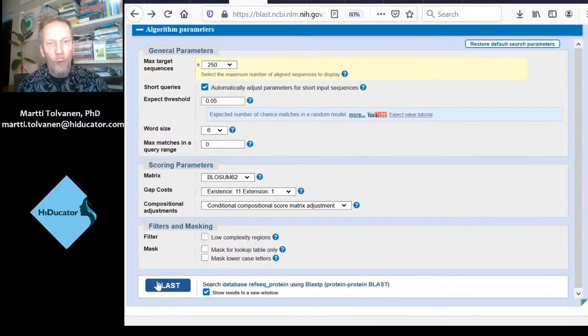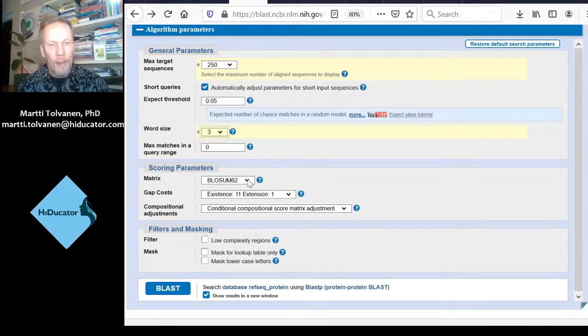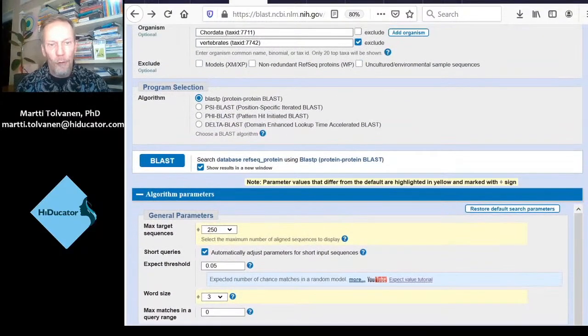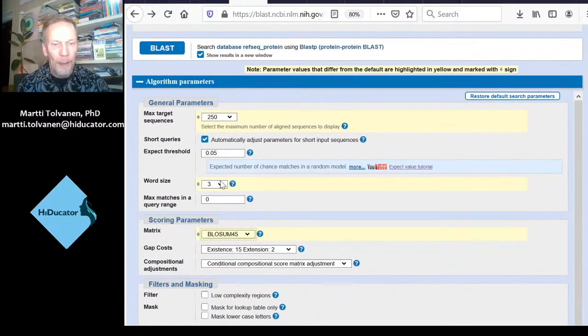So this would be the first search, which is already done. The second search, word size 3 and BLOSUM45, and you may note that the gap costs have been increased a little bit at the same time. Okay, we run a BLAST, which is already done. And then a third search, which we would do. Let's go back to